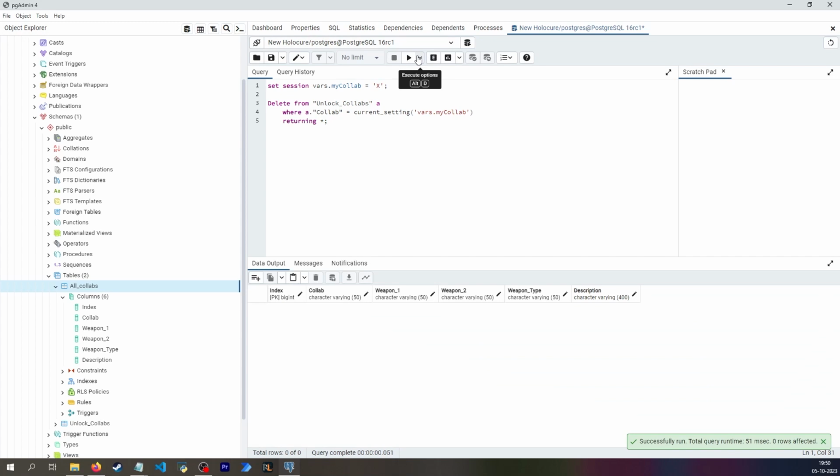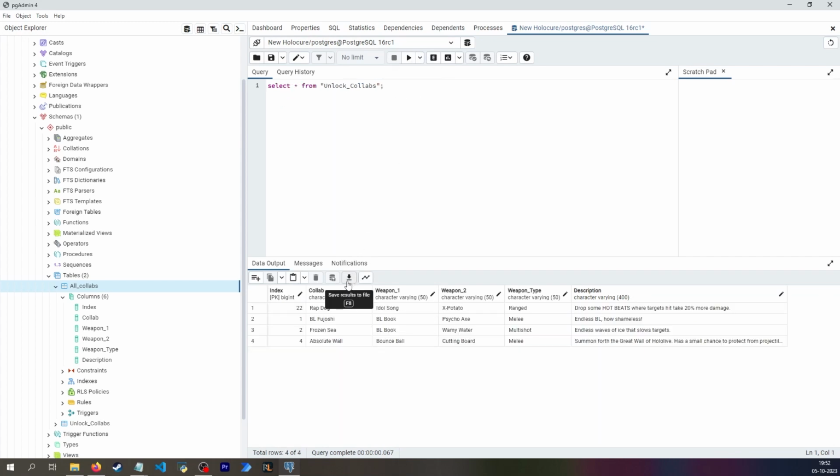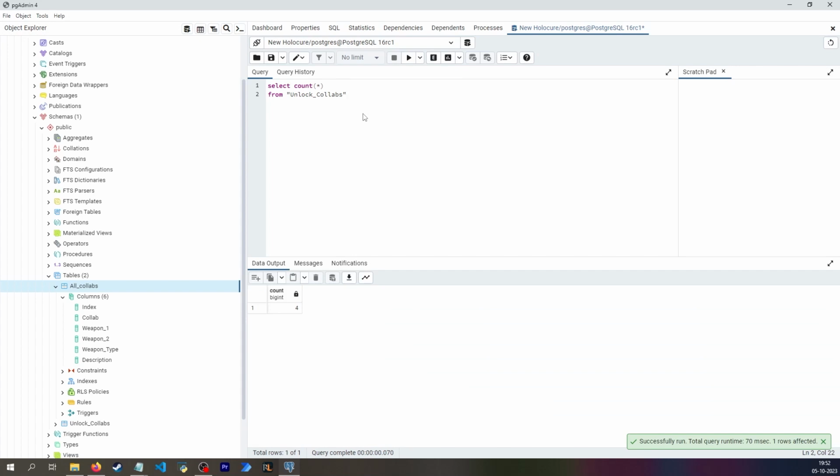Okay, fair enough. I've added 4 collabs to my unlock collabs table just to have a few more rows. I now want to do a count of how many rows I have. After that, I can then count how many collabs I still have left to unlock, because that would just be a subtraction. And that is actually easier than I expected, because it's just to count everything from my unlocks table. So SQL doesn't always have to be difficult, because this gives me exactly what I wanted, a count, and it is very, very fast, which also makes sense considering how